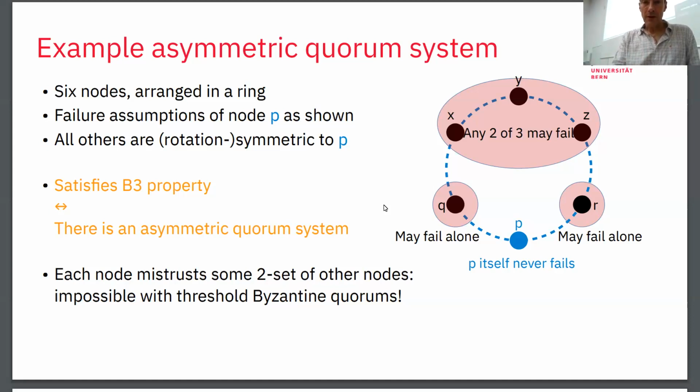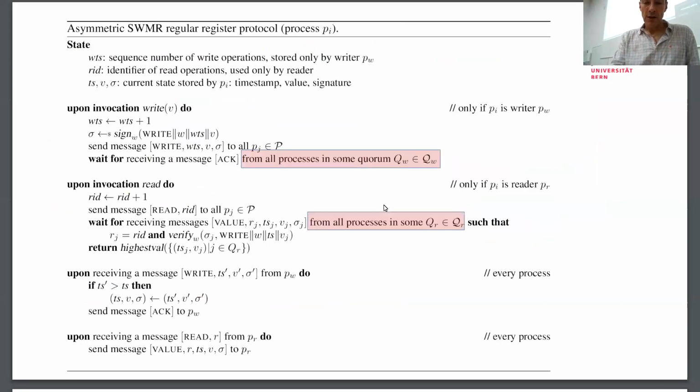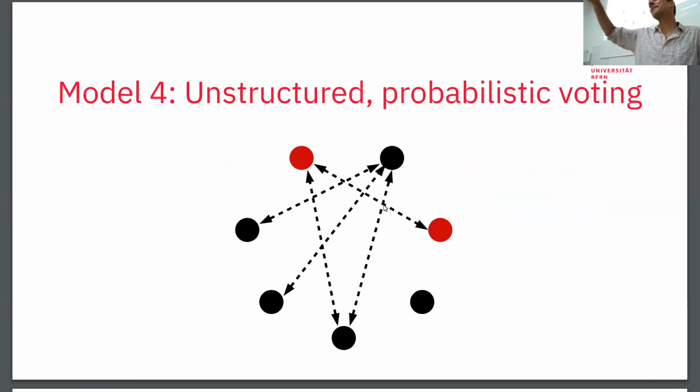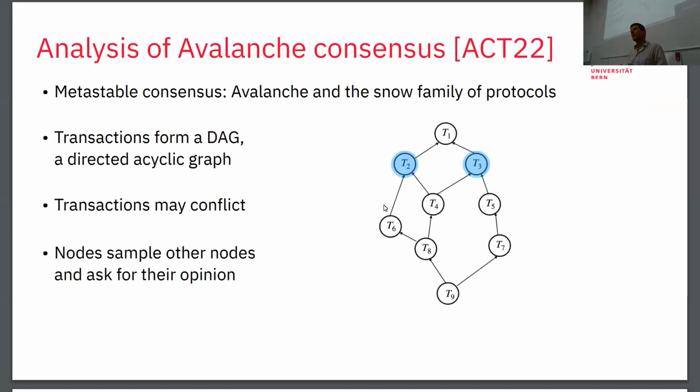Okay, I'm gonna skip over these things here now because it just shows that we just replace in the protocol where we count votes by determining membership in such an asymmetric quorum. Here, now, model 4 was the one that I mentioned where we sampled randomly some peers, and I think I have time to talk a bit about this one too, which is happening in the Avalanche blockchain. In the Avalanche system, they have what is called the Snow family of protocols. There is a metastable consensus mechanism.